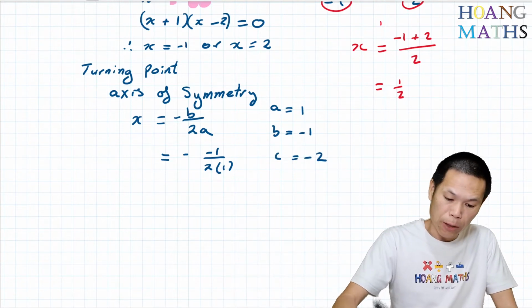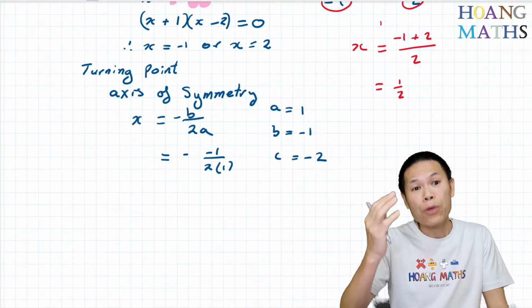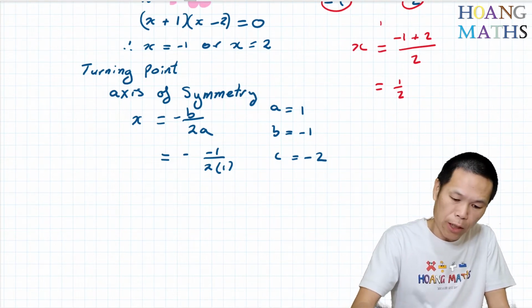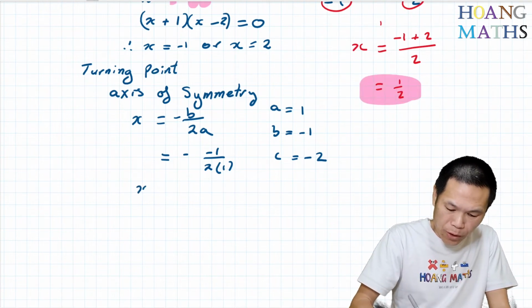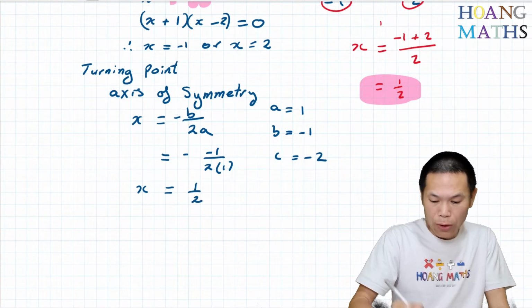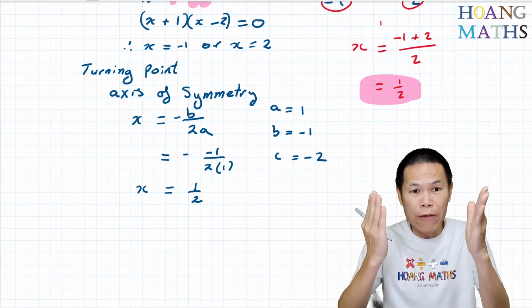Okay, so keep that in mind. A negative and a negative give a positive, so 1 over 2, which is a half. So there you go, it's the same as this one here. Okay, so x is equal to a half. So we have the x value now, so we need to find the y value, because